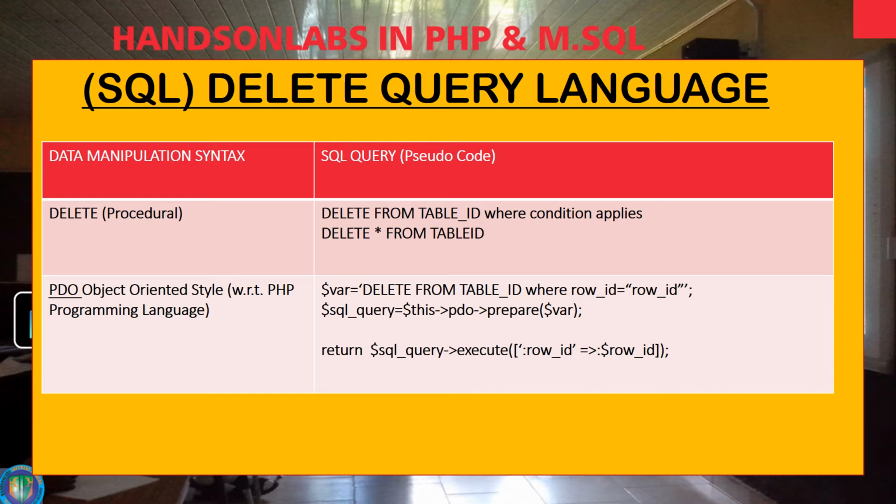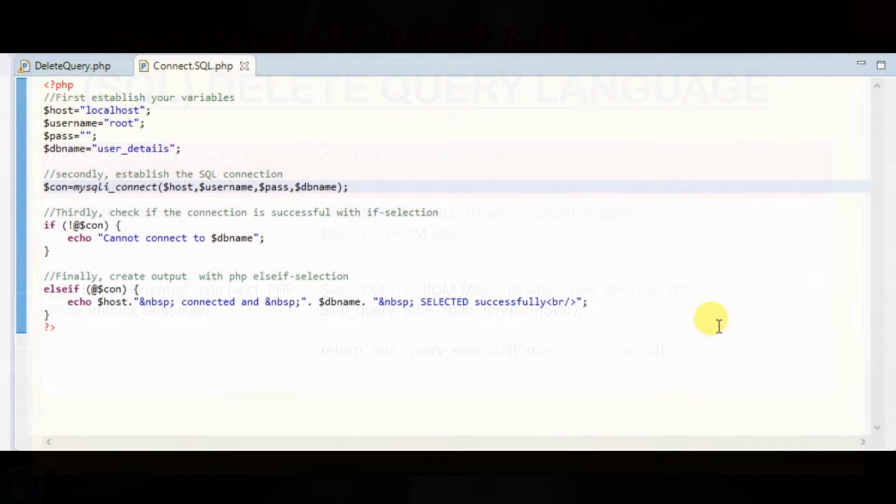Then for the PHP data updates, the new method of encapsulating and executing delete queries, you have variable names deleting from table ID, where row ID is equal to a specific ID. Then you have the SQL query variable that instantiates as a this object, which maps out to a PDO and takes a function prepare to the variable query itself that requests the delete and then returns that particular function that requests that specific execution. For the delete query,